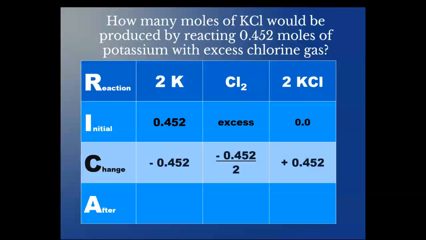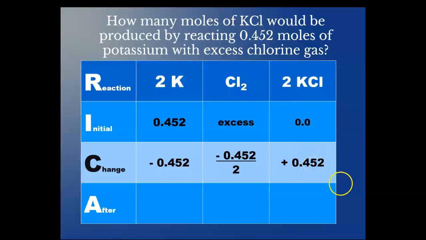It's 1 mole. So we would divide the number of moles of potassium by 2 to get the number of moles of chlorine, because we need twice as much of this as we do of the chlorine. And since the coefficients here are 2, 1, and 2, we will end up with also 0.452 moles of the